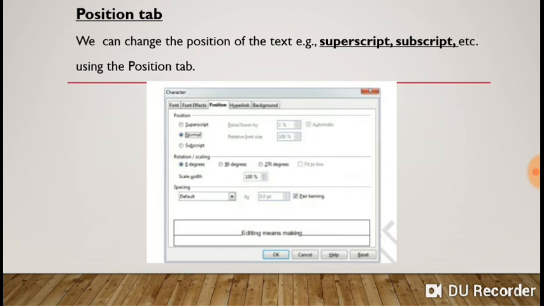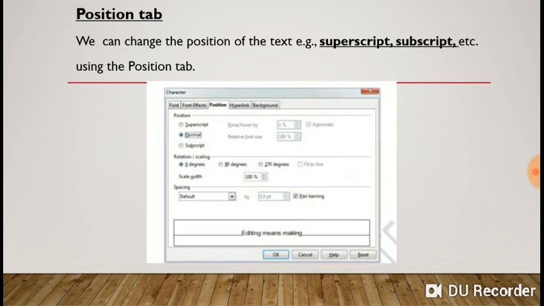We want to set text at any angle, that is rotation. Yes, we can set. We want to give spacing in between the characters. Yes, we can set. So see, firstly position, and options are given: superscript, normal, subscript. Yes, we can set according to our need.